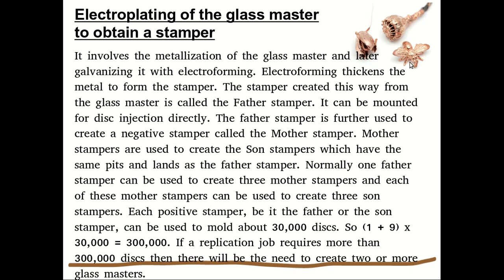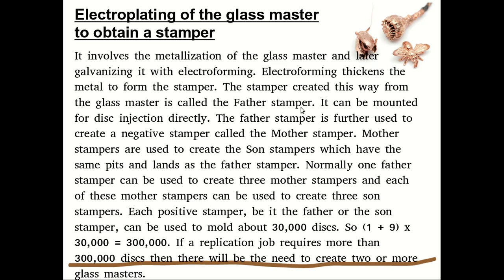You may have seen various ornaments or jewelry or decorative items of this type. So this is nothing but a electroforming, in which a layer of metal will be applied to that particular substance. So the electroforming will actually thickens the glass master, which will now said to be a stamper. After this electroforming process, a glass master is converted to a stamper. The stamper that has been created in this way is particularly called as the father stamper.